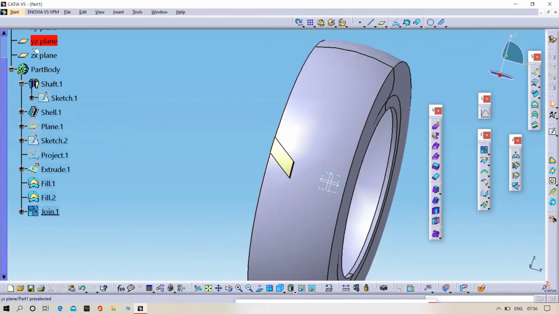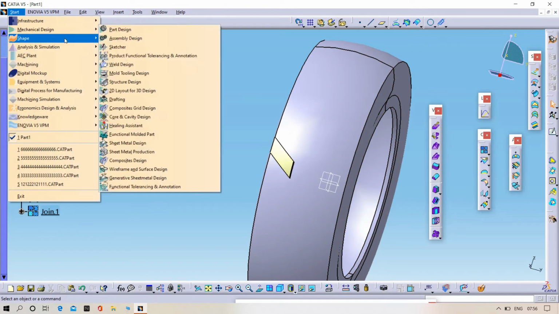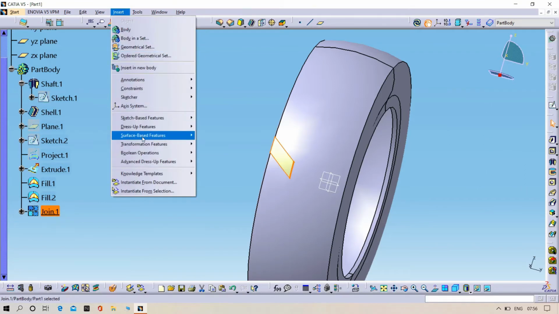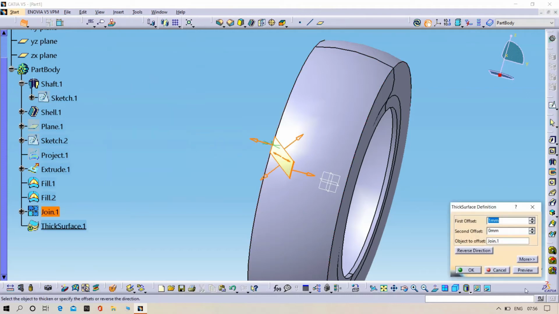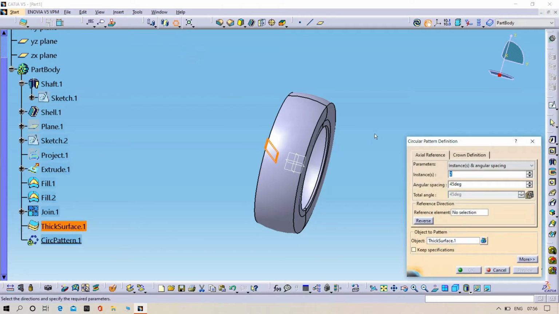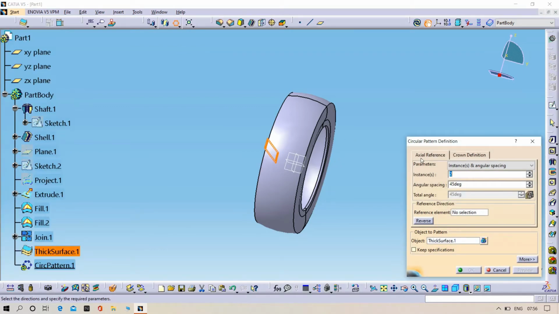Yeah, again we need to go to the part design, select the join and then insert surface basic features and thickness surface and give preview, then click OK. And try the circular pattern. Select the circular pattern and select thickness surface 1 and give 25.